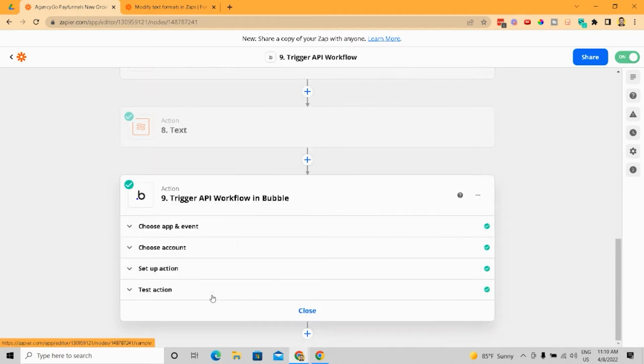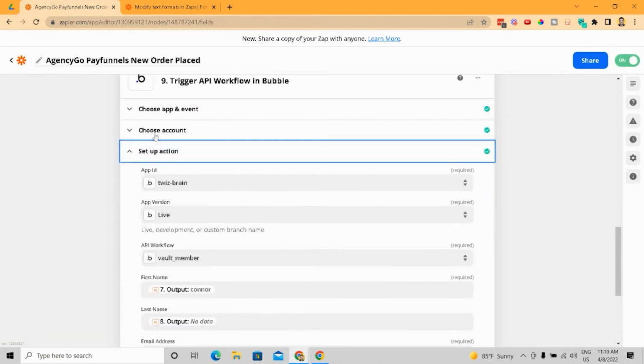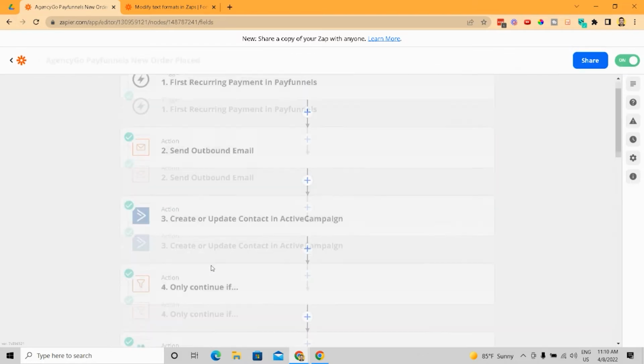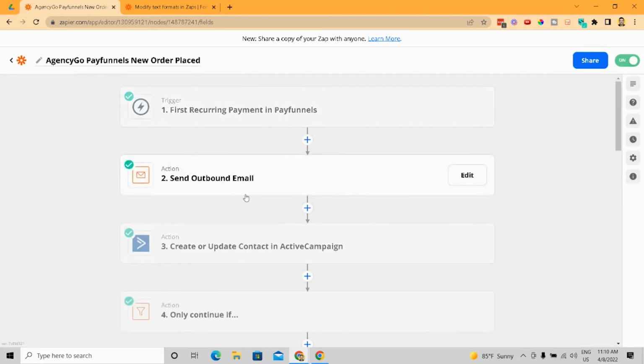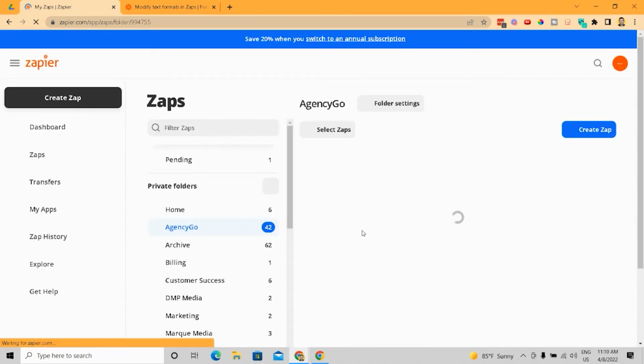And then this is Bubble, which I use for passing data to a new data set. So for instance, I can pass it through here, and I can see that there's first name, last name, email address, etc., all passed through here. So that's how I would set it up. Now, there are some additional ways that you can use Bubble. So for instance, the way I like to use it for my own